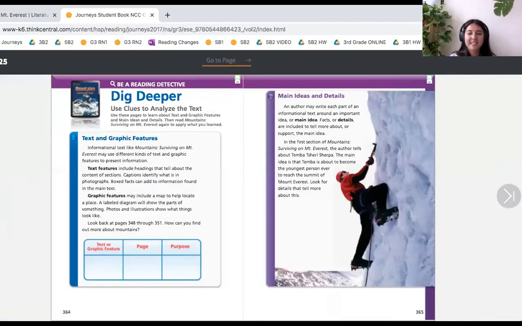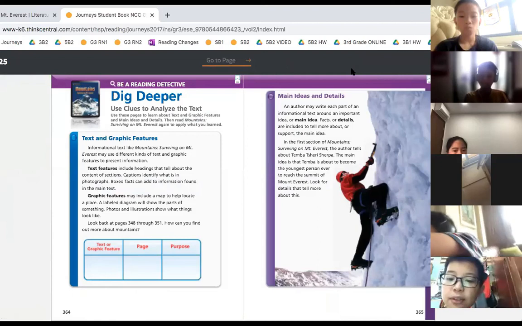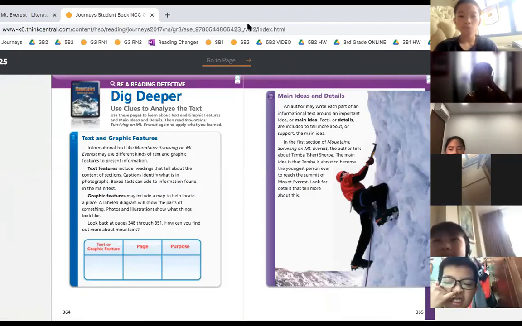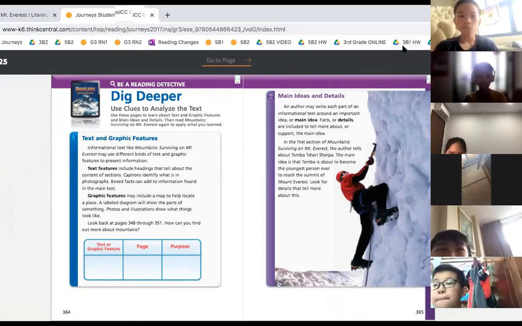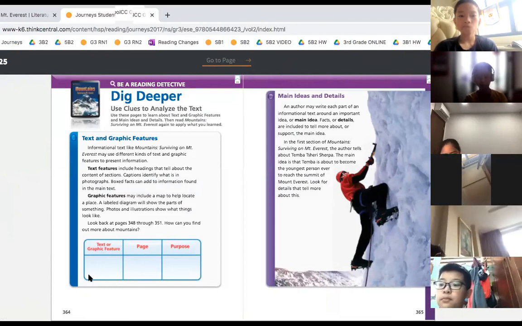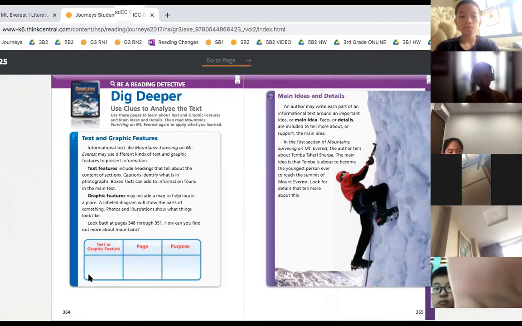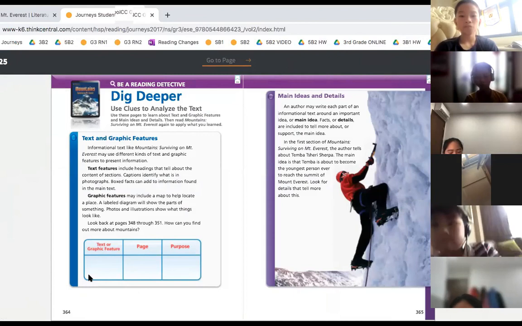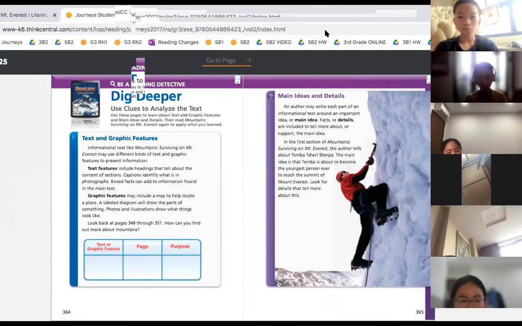Okay, guys, so that was the end of our text. So our informational text about surviving Mount Everest. It is a very difficult trek to climb. And as we can tell from reading the story, Temba was really determined and even failed the first time that he tried to do it. But afterwards, with all the proper equipment and all the correct planning and teamwork, he was able to reach it